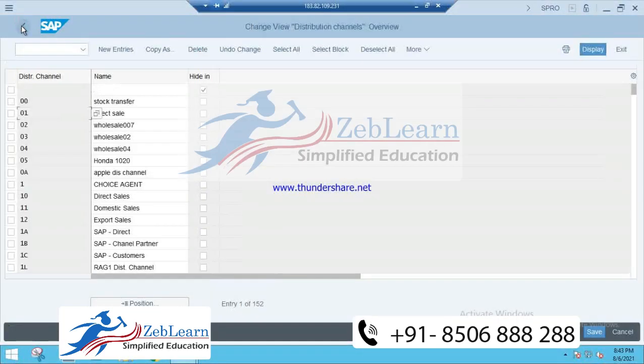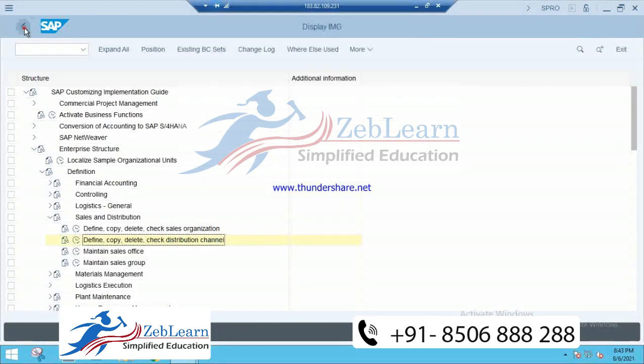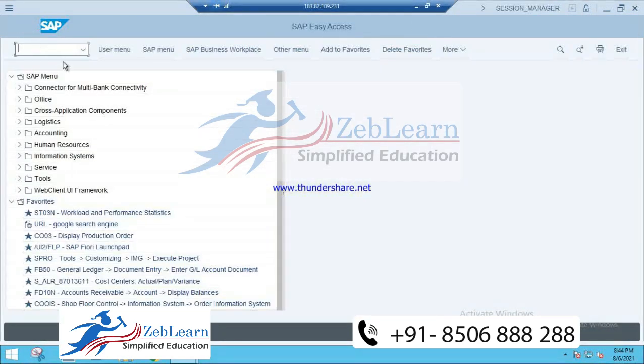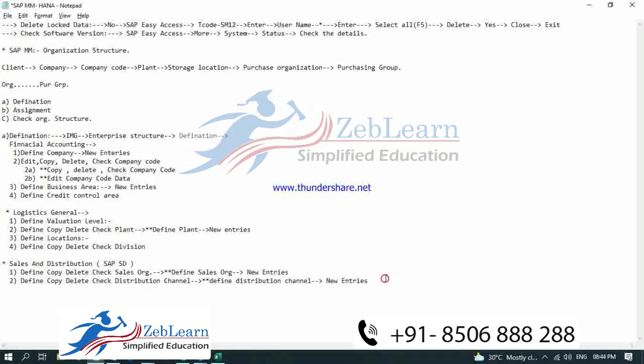Okay, now we have done with the SD part. Now we have MM part. So next you need to take, after this, take down material management.